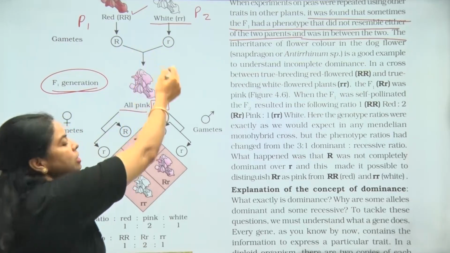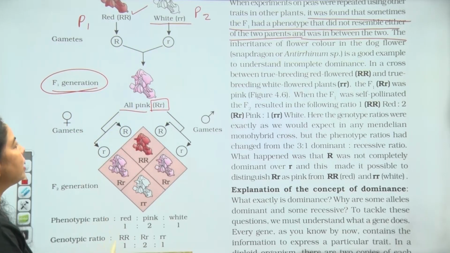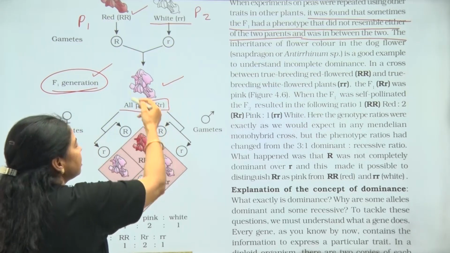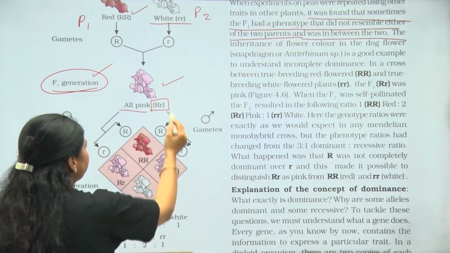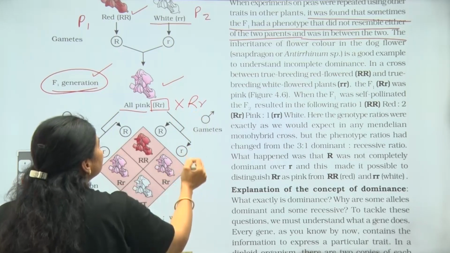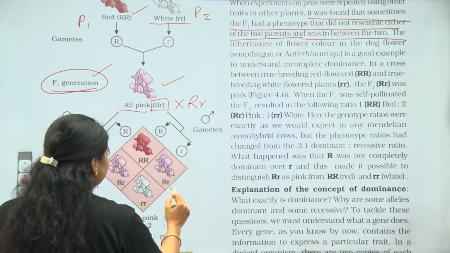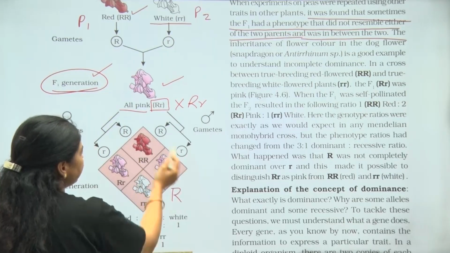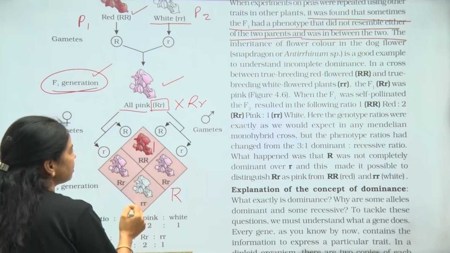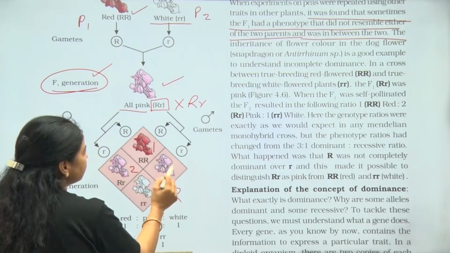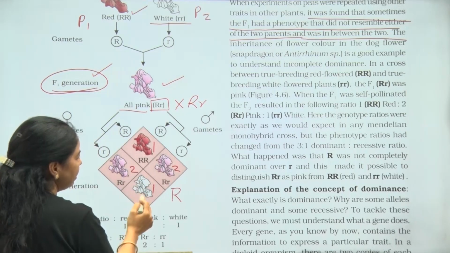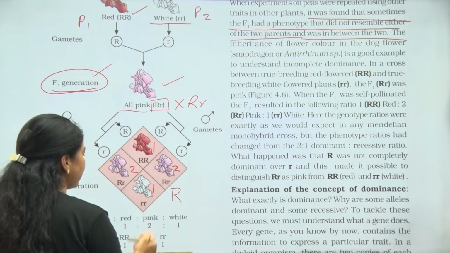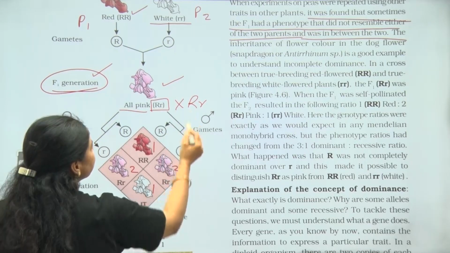So neither parent is pink in color, but in F1 generation we get an intermediate color, that is pink. When this pink color is selfed, what do we get? In the Punnett square we can see 1 is red, 2 are pink flowers, and 1 is white in color, that is recessive homozygous. So children, after selfing, what we get